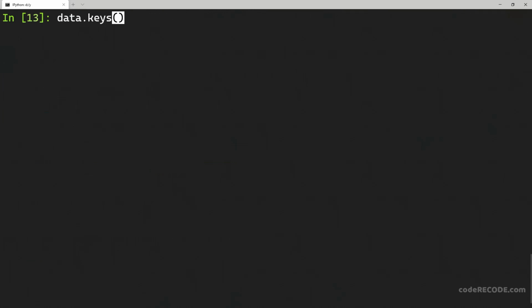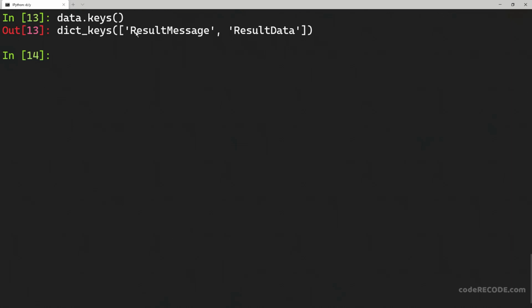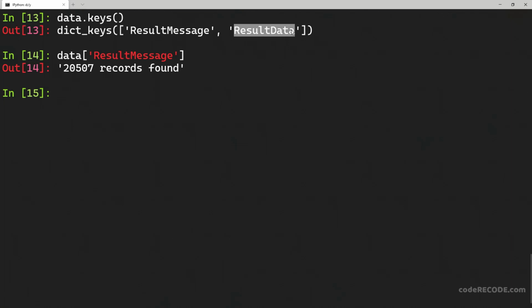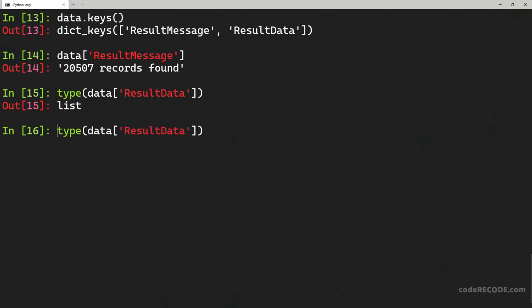Let's look at the keys. As we observed earlier, this result message will contain the number of records found, and this result data is going to be the actual place where all the results are stored. I'm not going to look at it directly; I'm going to check the type. We know that we are working with large files, so we should be careful of what we are printing.